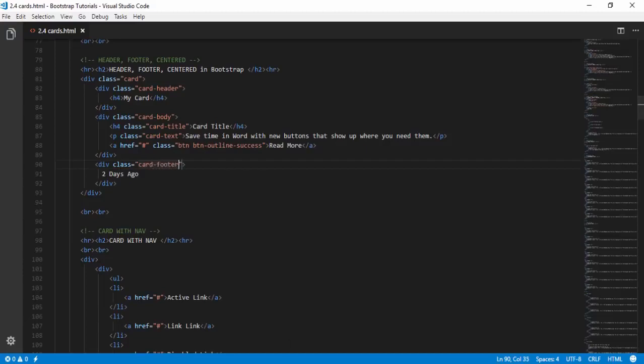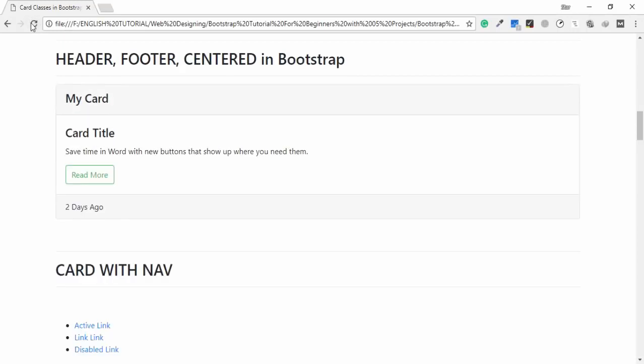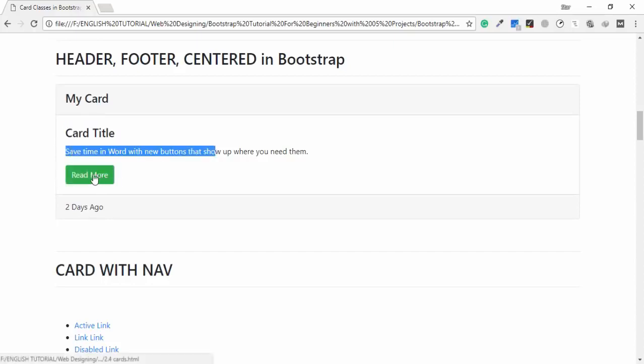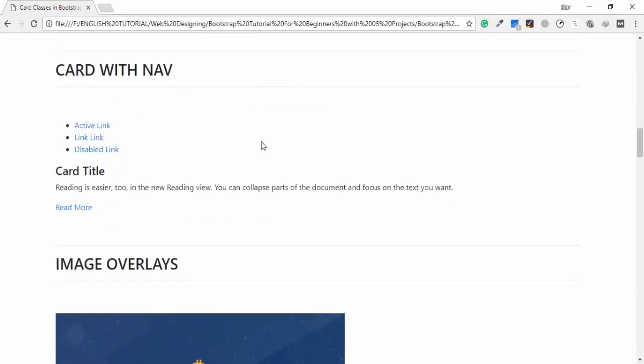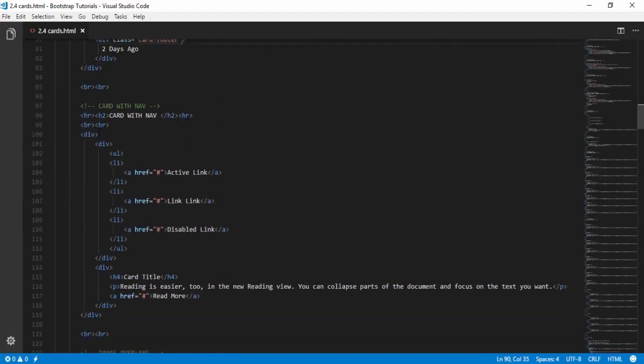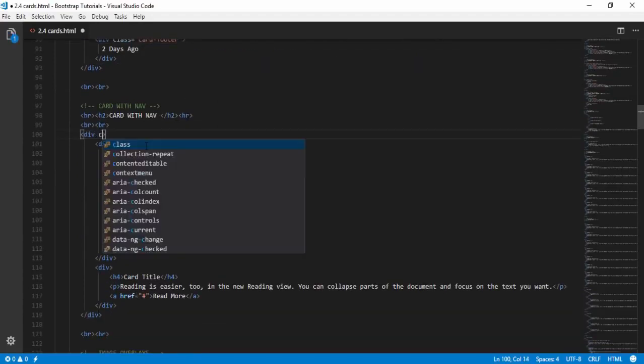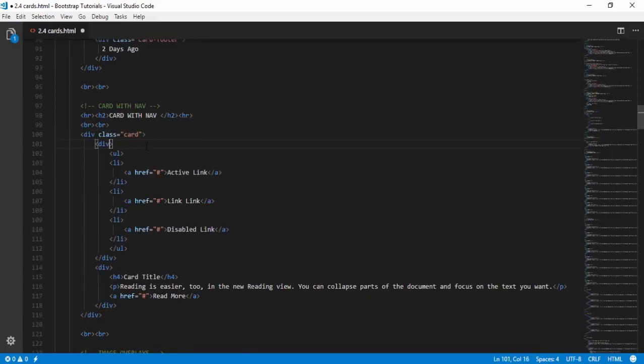Save and open the browser, refresh the page, right? This is your header, this is your footer, this is a simple title and text, also a link, and I used the button class to convert it, right? Now, card with navigation bar. Okay, first of all you need to assign the class card,